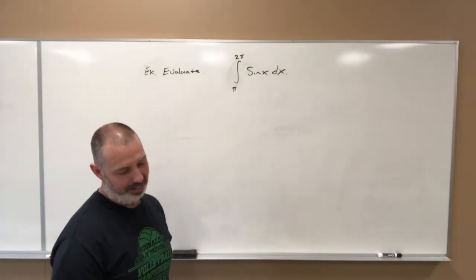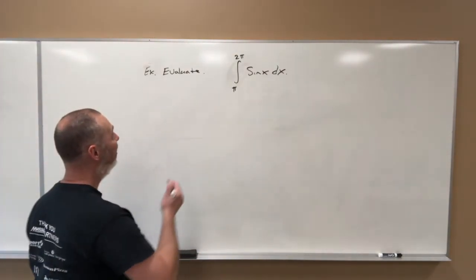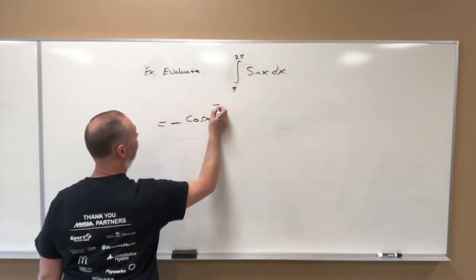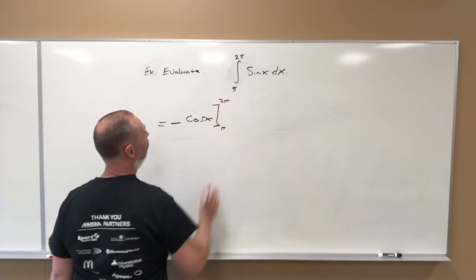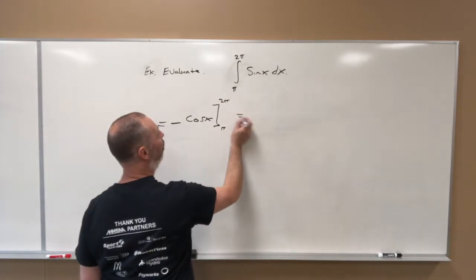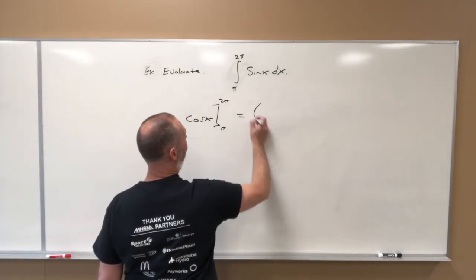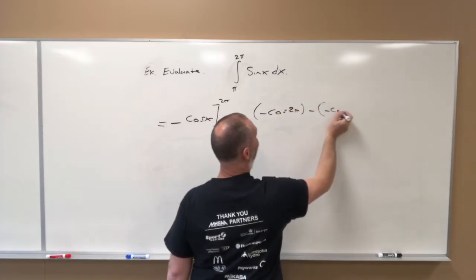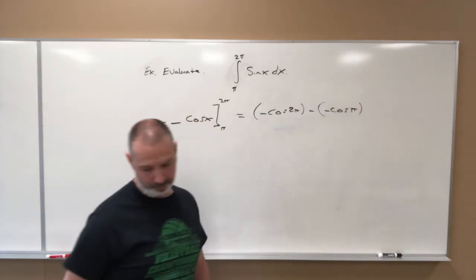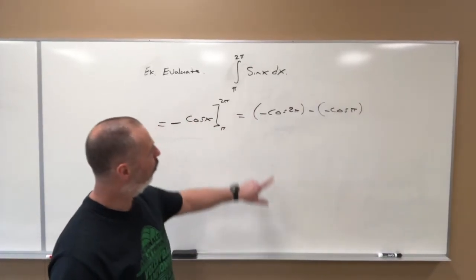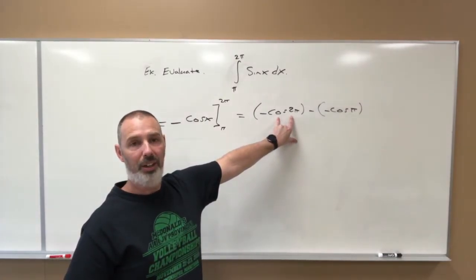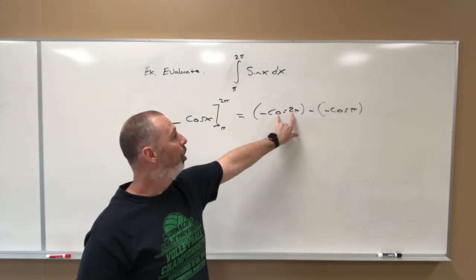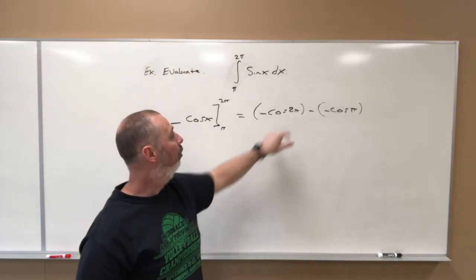And the integral for that is negative cos. So the antiderivative for this becomes negative cos x. And we're going from pi to 2 pi. All right, so using the fundamental theorem of calculus, we're going to go negative cosine of 2 pi minus the negative cosine of pi. And when we do that, we remember that the cosine of 2 pi is 1. Remember, the cosine is the x-coordinate at 2 pi on our unit circle, and so the cosine of 2 pi is 1. So this becomes negative 1